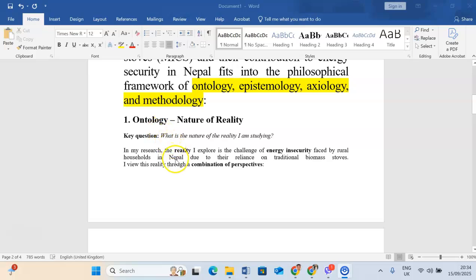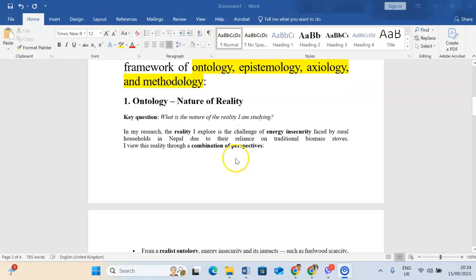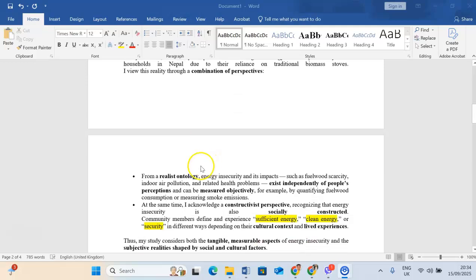And what is ontology? Ontology, it's all about nature of reality. And what is the nature of the reality I am studying? So here there are two perspectives in the reality. First perspective is realist ontology. If you see here, realist ontology. From a realist ontology, energy insecurity and its impact, such as fuel scarcity, indoor air pollution, and related health problems,